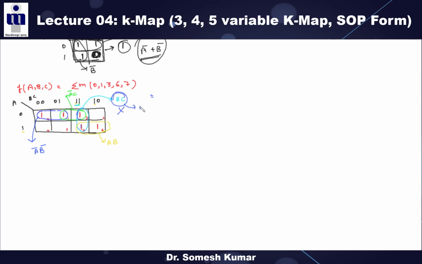So this BC is called the redundant term, which can be reduced. See now, this first pair is this blue, then this green one. Then if we make this yellow one, this one is already paired with this green, with this A bar C, and this one is already paired with the ABC. Then what is the need of this extra pair BC? So this pair can be removed and this term can be reduced, and this term is called the redundant term. Understand?